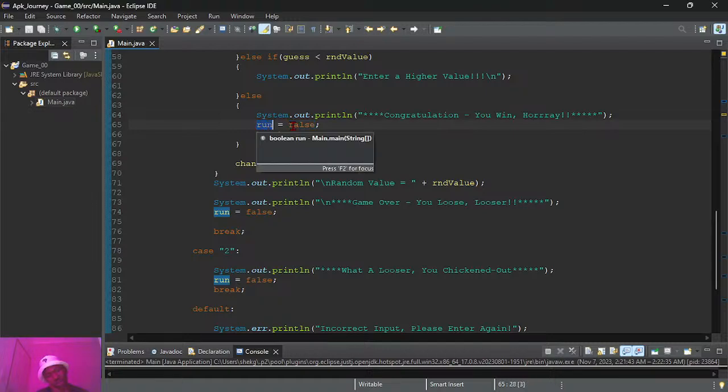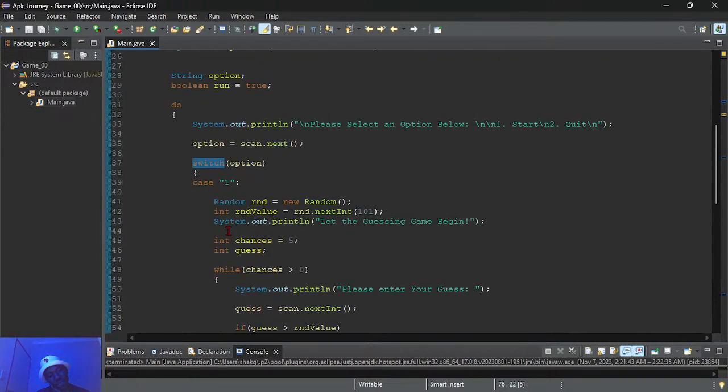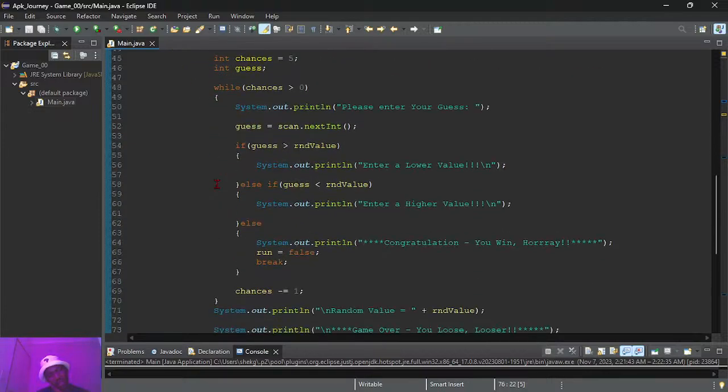We have two reinforcers here. And then we also have the break. Well, this break is for this one here. It's for the switch. This one is supposed to break the while loop though. One thing for sure, it's supposed to break the while loop.